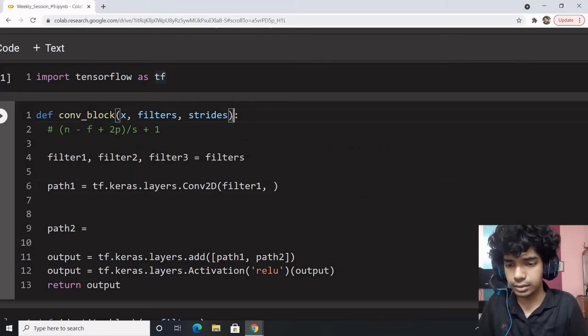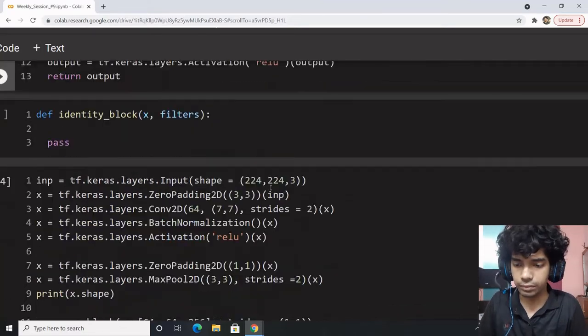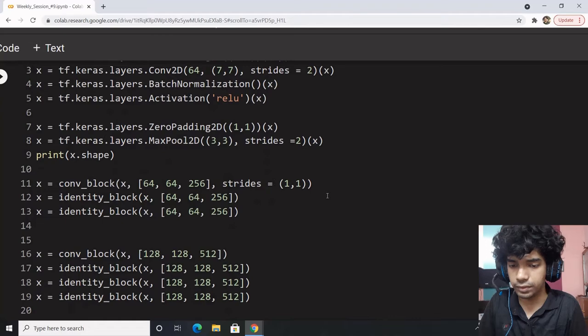So let's default it with strides 2, 2. For the first one, it would be strides equals 1 cross 1. No, the first one has strides of 1 cross 1, and the rest have strides of 2.